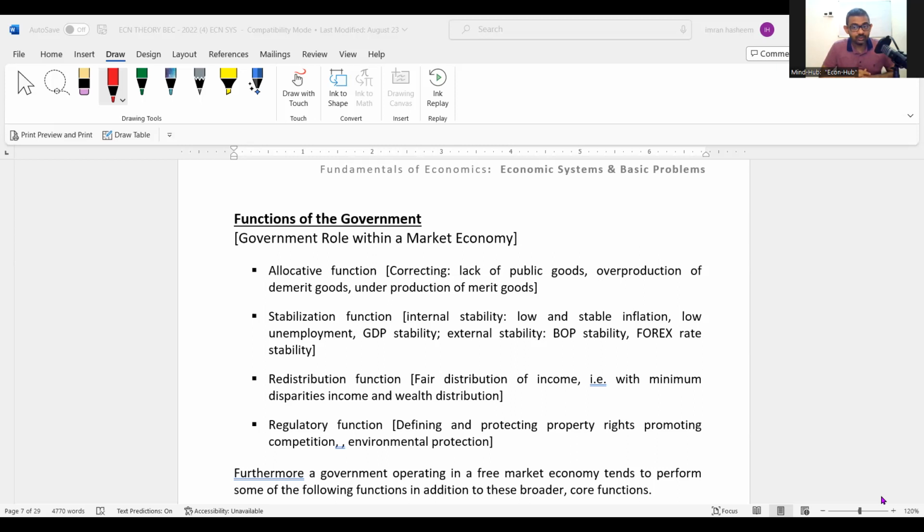Anyone? No? We call it laissez-faire. Laissez-faire, hands off. But we learned earlier, there's one very fundamental thing, even in the pure market economy, most of the market economies in the world, we expect the government to do. What is that? We expect the government to